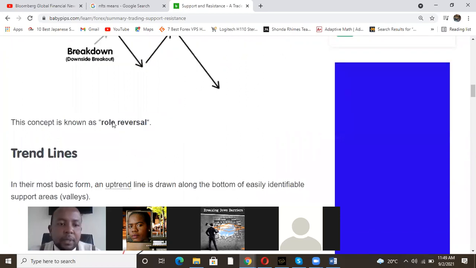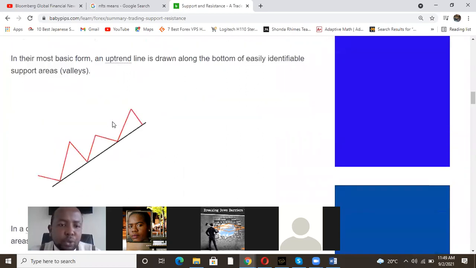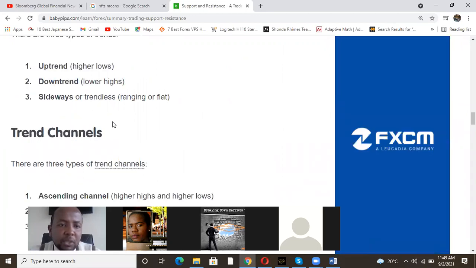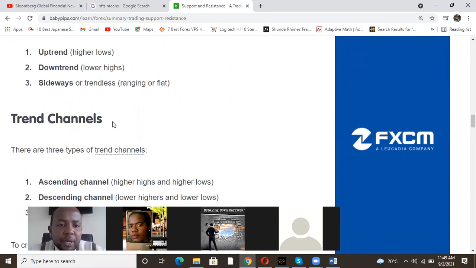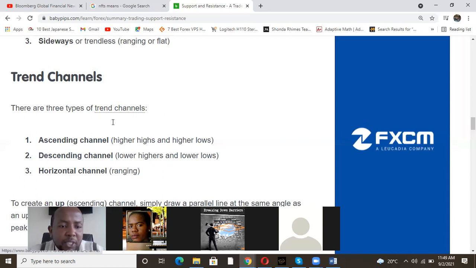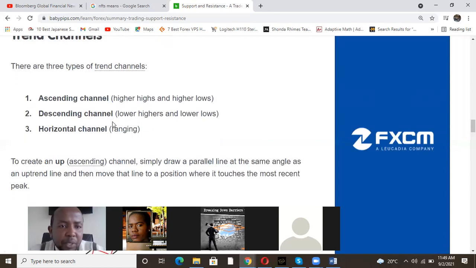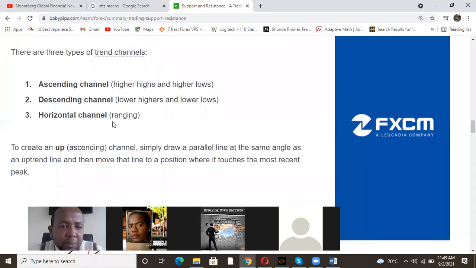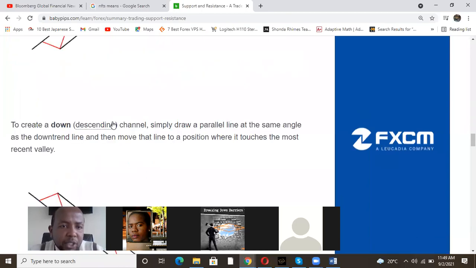Then the trend lines, I think I've shown you, they look like this. I've also shown you the channels. We have an uptrend, a downtrend, lower highs, higher lows, then sideways or trendless. We also have flat. Sometimes the market could be flat. There isn't much we are making, which means there isn't much volatility. So mostly you'll see flat movements on consolidating markets. So I think this is a good channel. I've shown you how to draw one.